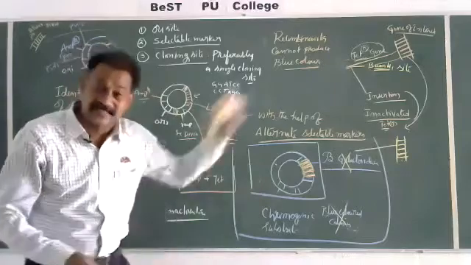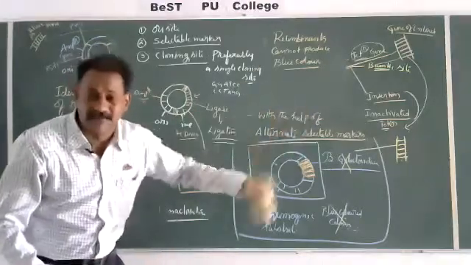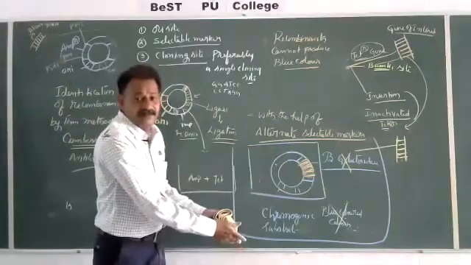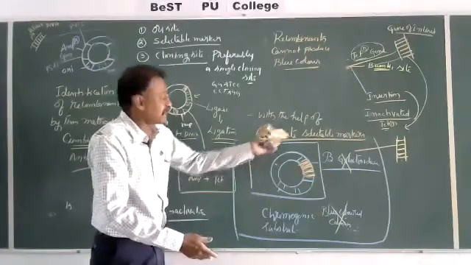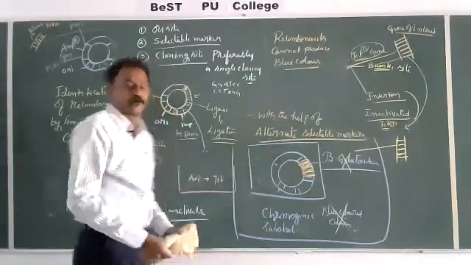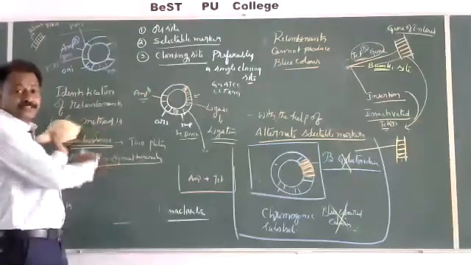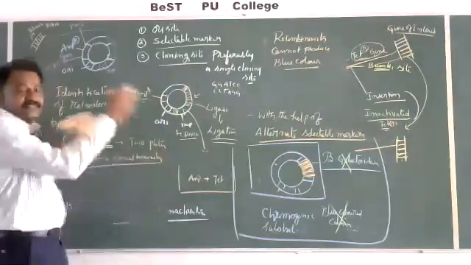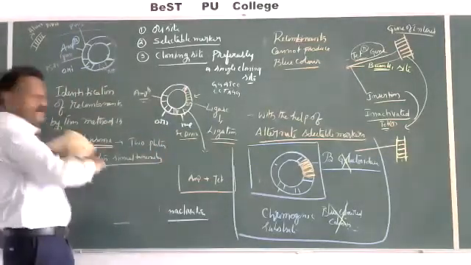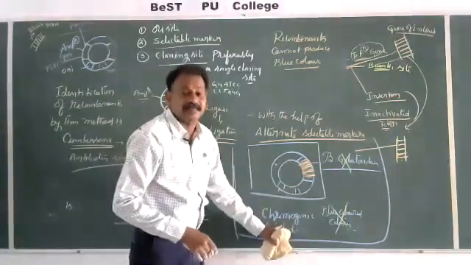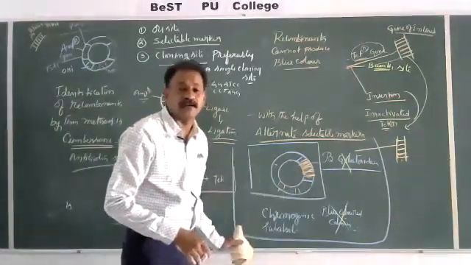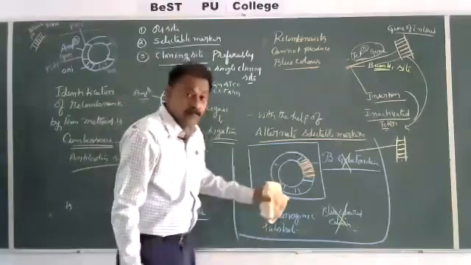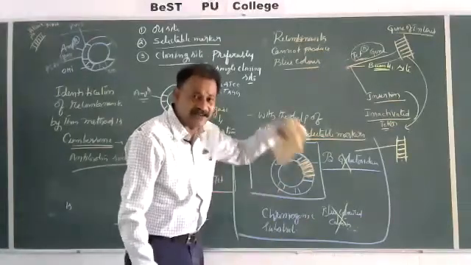If they are non-recombinants, they will produce blue colored colonies. If they are recombinants, they will not produce blue colored colonies. So the alternative process of selection of recombinants by alternate selectable markers is easiest, and nowadays it is carried out. Whereas the earlier method takes 2 steps, 3-4 steps. We have to shift from one plate to another plate and add an antibiotic resistant gene, an ampicillin resistant medium. But here only a substrate having color is needed. If it produces blue colored colonies, they are non-recombinants. If they produce colorless colonies, they are recombinants.